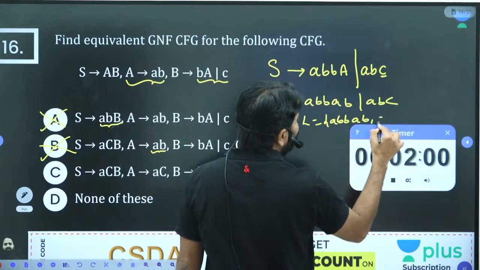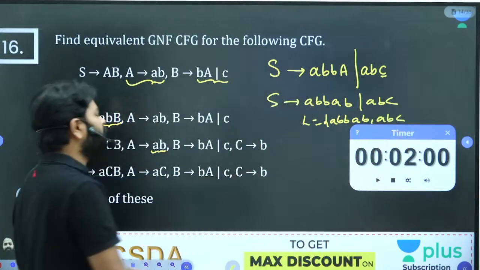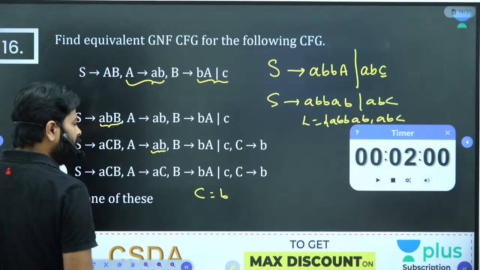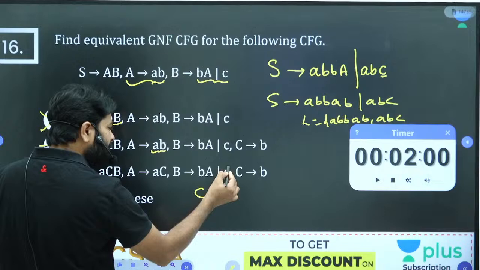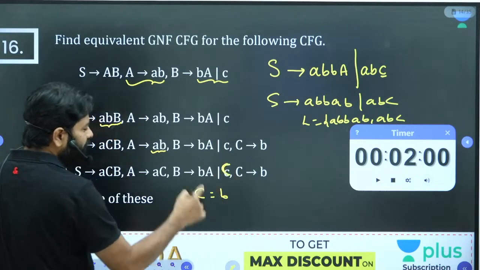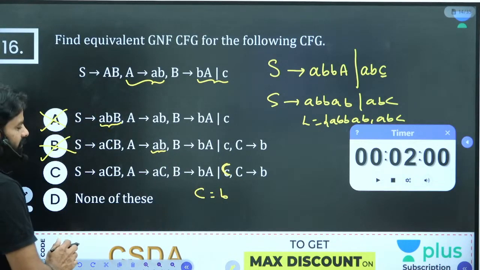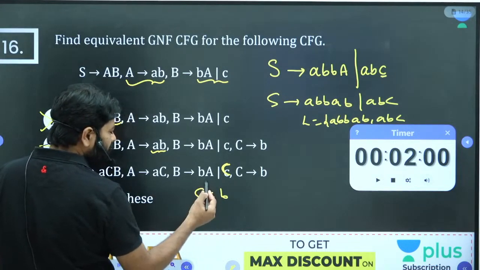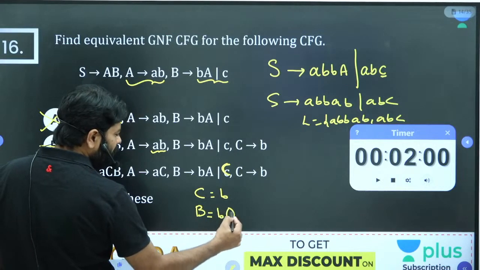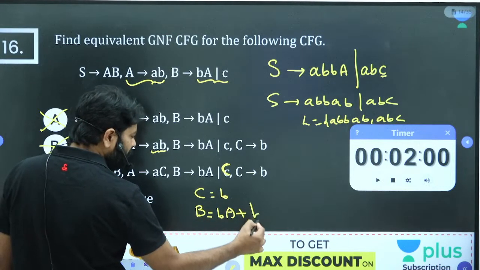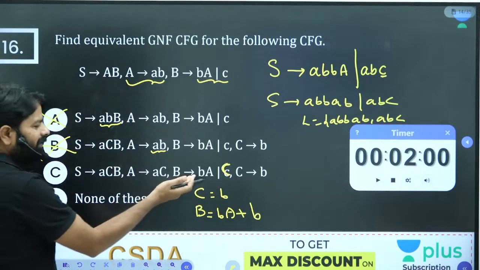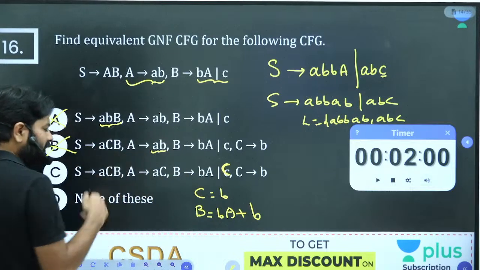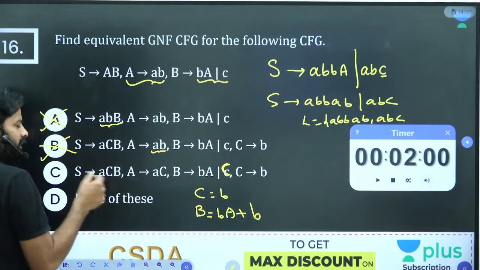Correct? Is this grammar producing only two strings? That you should verify. Here C is equal to B, and I think this is a small c. If it is a typing mistake, then this should be capital C. If it is a capital C, then we have to look at whether it is happening as we wanted. Capital B is equal to BA, or capital C means small b. I just edited it; even C is deleted because of the small c. I'm just assuming, okay, if C is a typing mistake, otherwise D is the right answer. If you have this same question, D is the right answer.